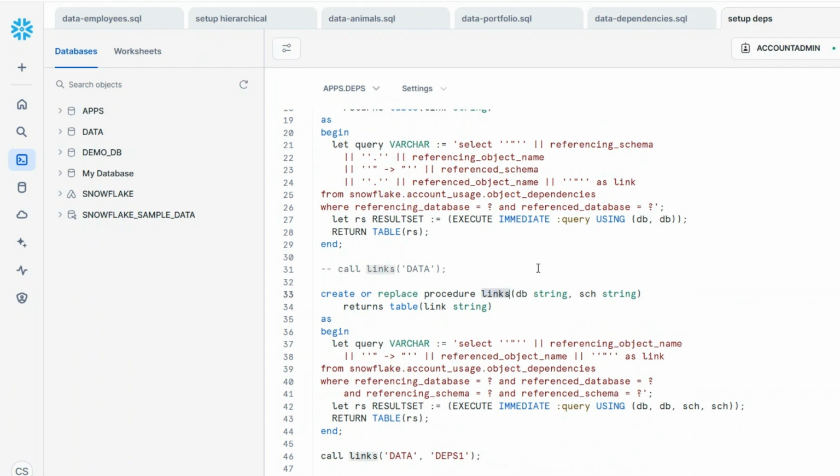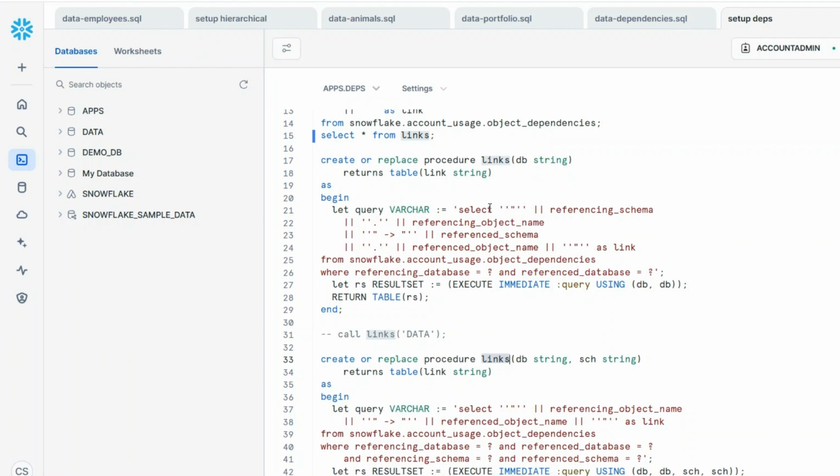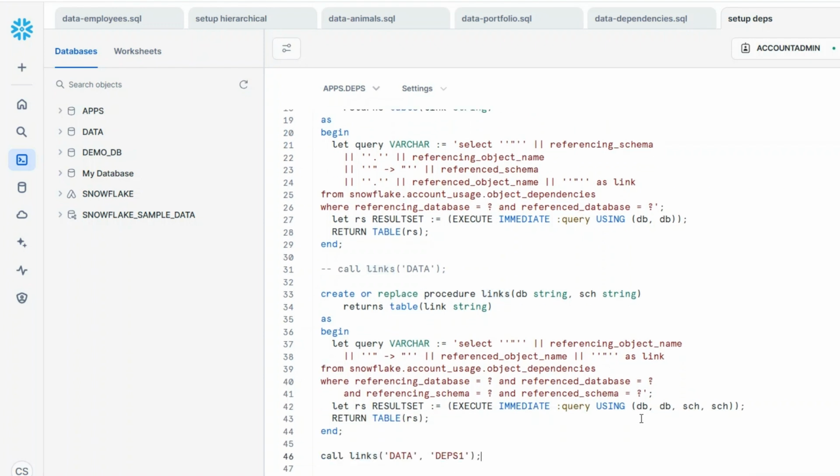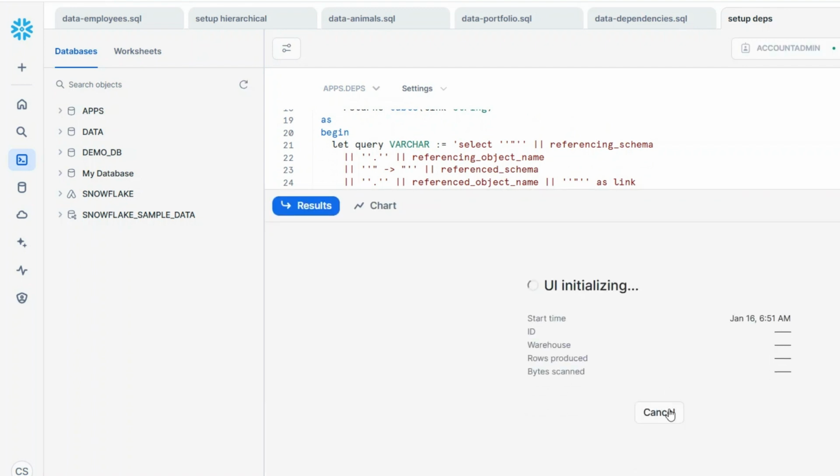This is what these two different procedures do. And at the end, just to test this, I can look at the dependencies in the data depth 1 schema alone. So this will locate only the dependencies within this specific schema.